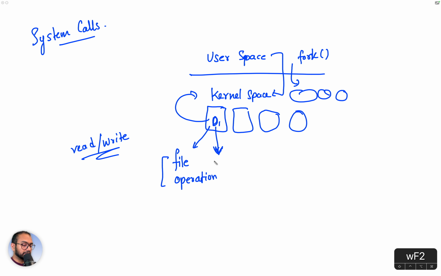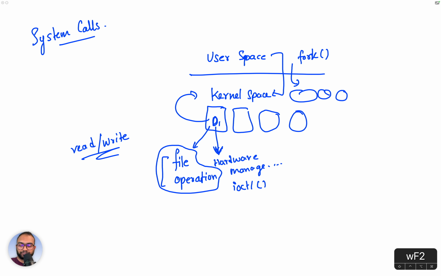The other thing is they implement hardware management related system calls, for example, the IOCTL or input output control, also called ioctls, right? All right, so now let's spend some time on this, and then we are good to go and write our